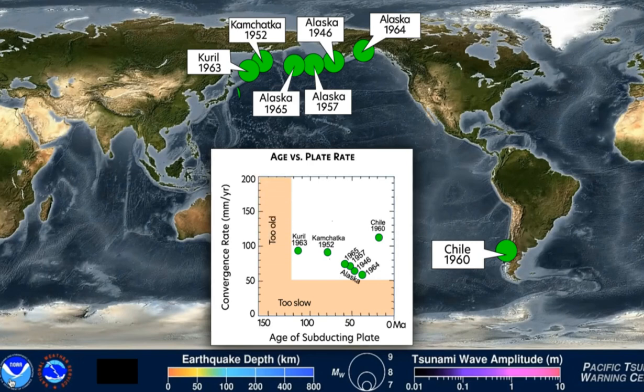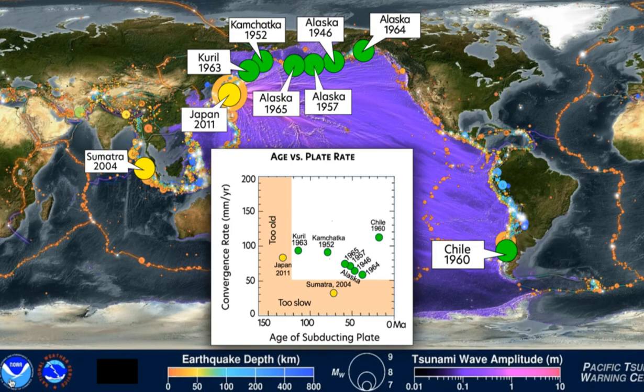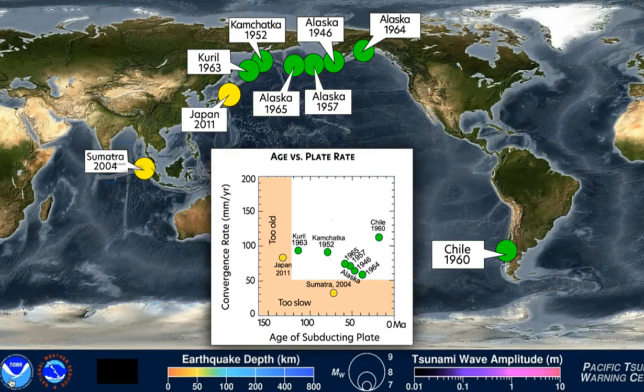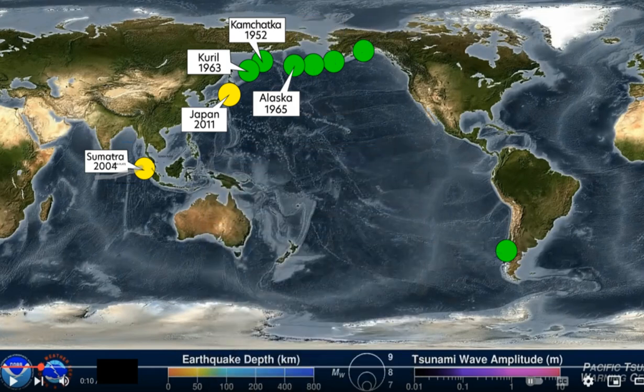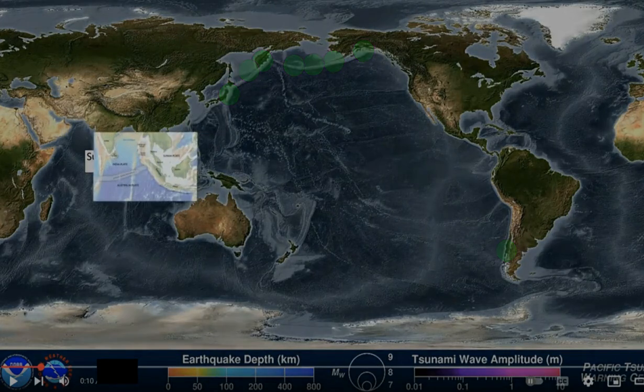greater than magnitude 8.5. The Sumatra 2004 and Japan 2011 earthquakes taught us that, given enough time, perhaps all subduction zones can produce devastating megathrust earthquakes and deadly tsunami. Let's dig into the science of the Sumatra 2004 earthquake and tsunami so we can be better prepared at all